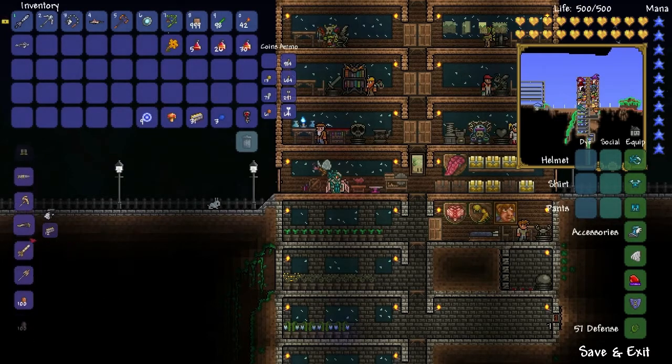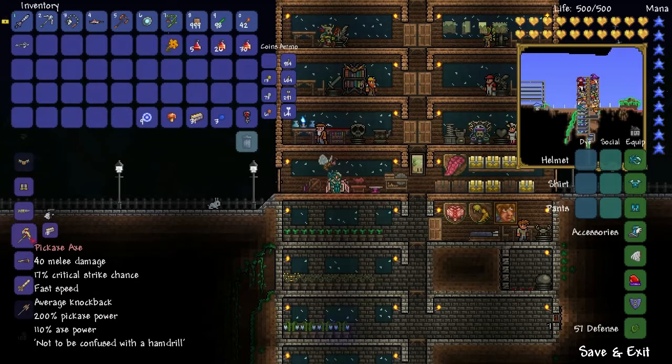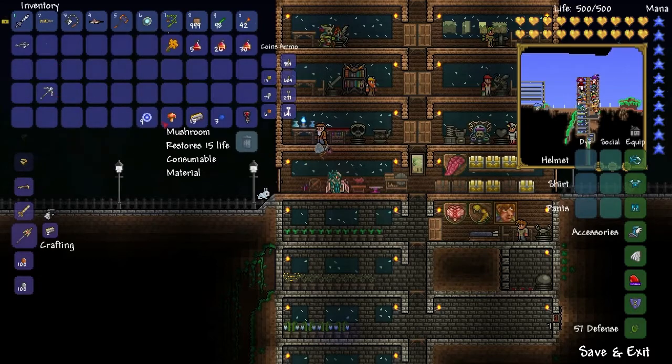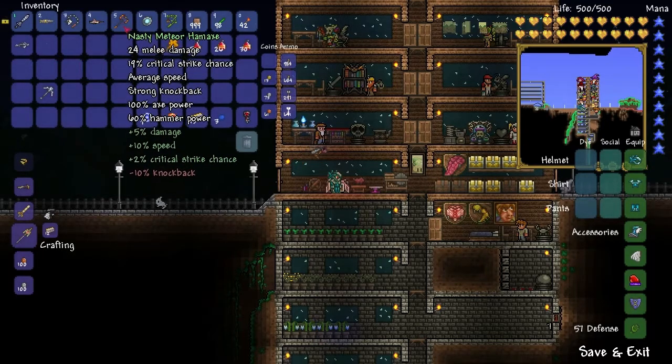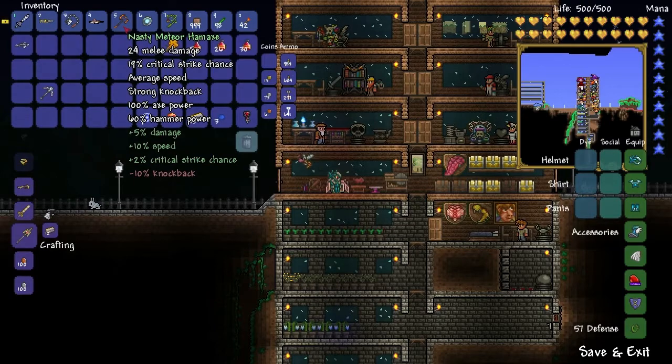I would need a hammer if I ever wanted to build things. I'm gonna get the Drax. Why not? Replace my titanium pick. Meteor ham axe. I suppose...